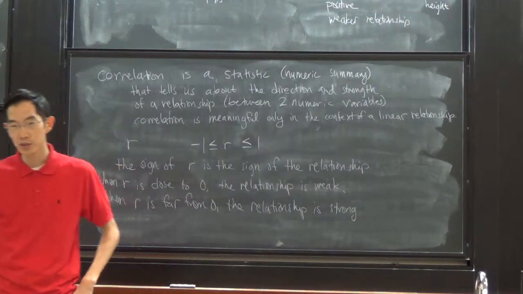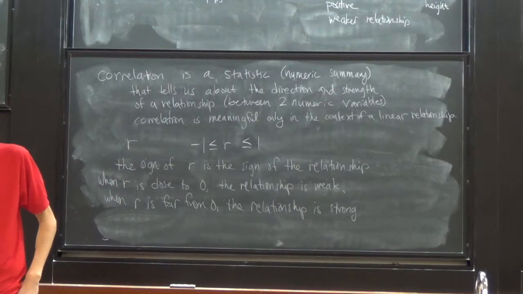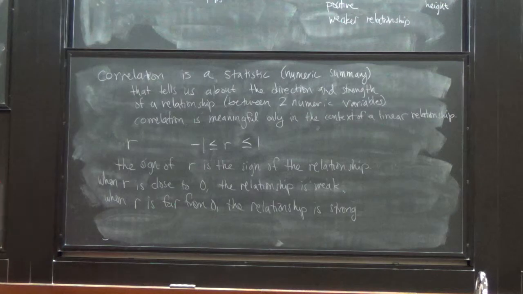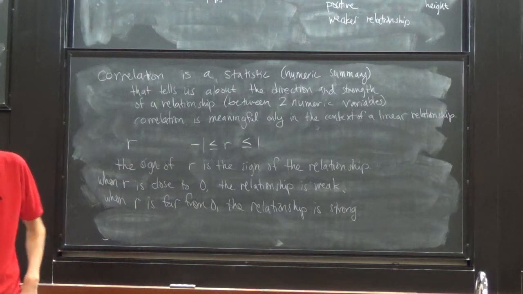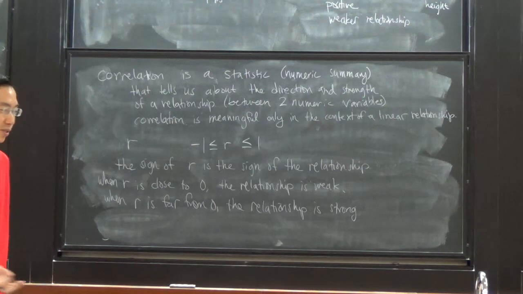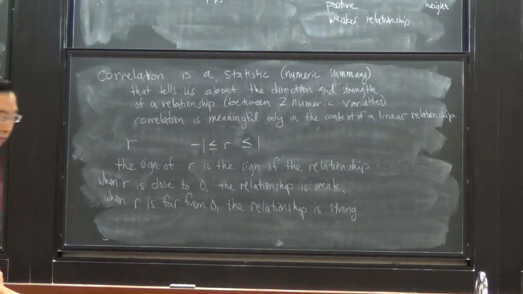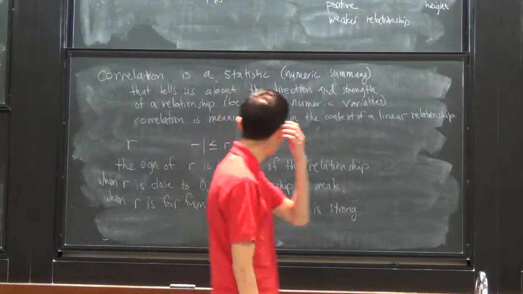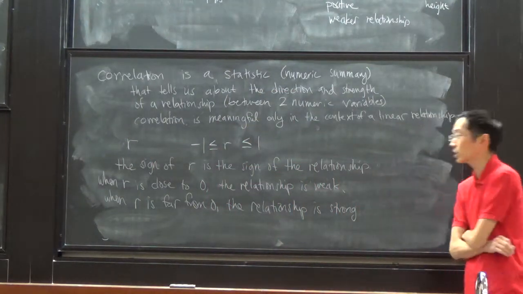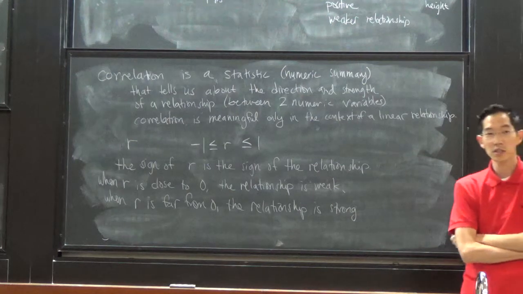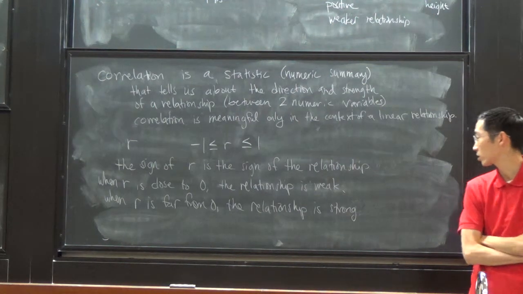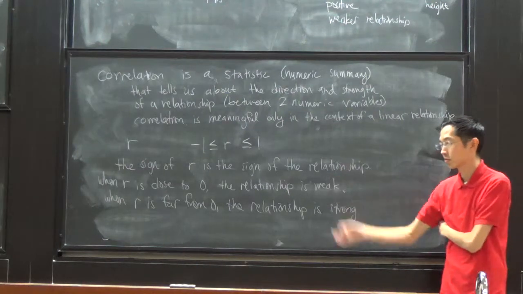So R is positive 1 or 0.99 or negative 0.9 or whatever. Those are all strong relationships. R close to 0, so 0.1, negative 0.2, things like that. You've got a weaker relationship there, weak relationship. So R, or correlation, is just a statistic or a numeric summary telling us about the direction